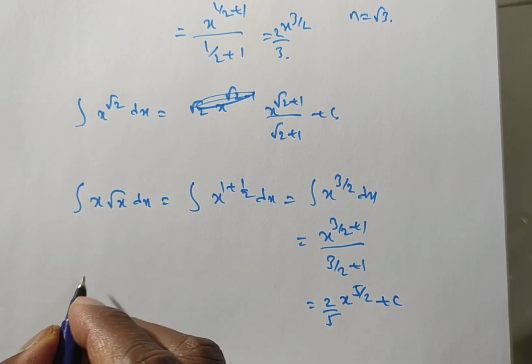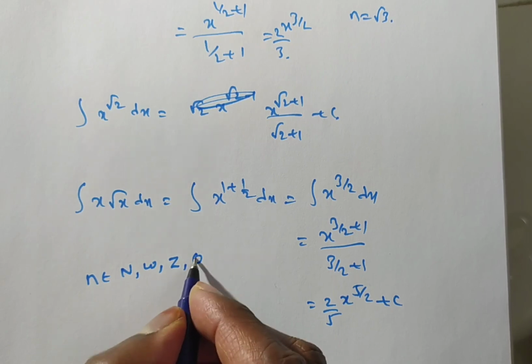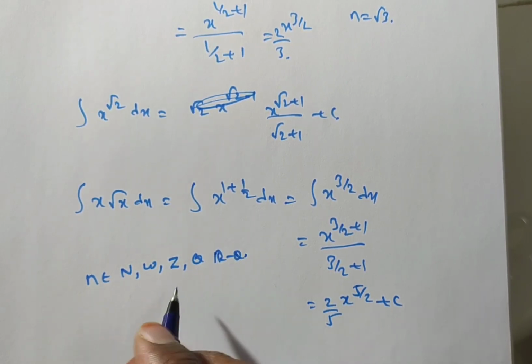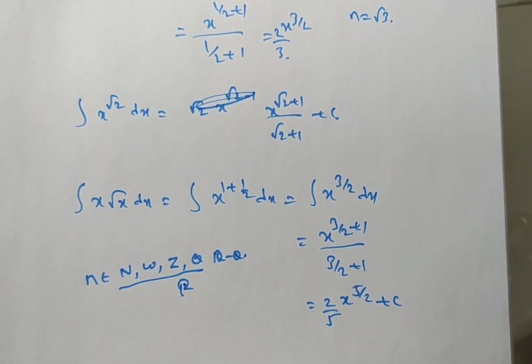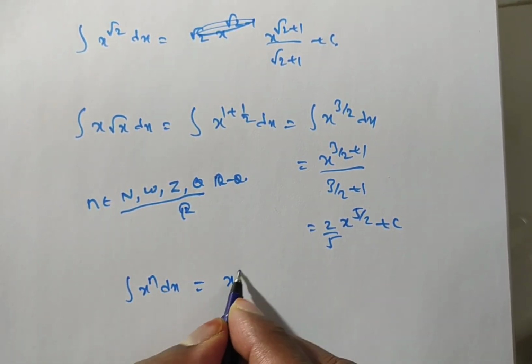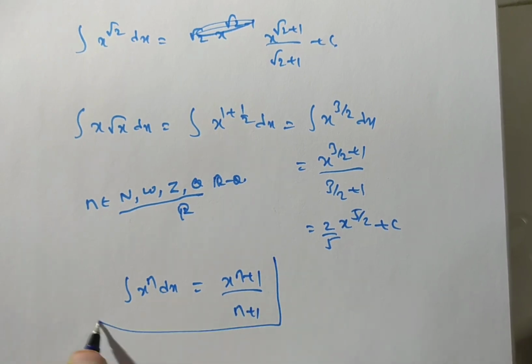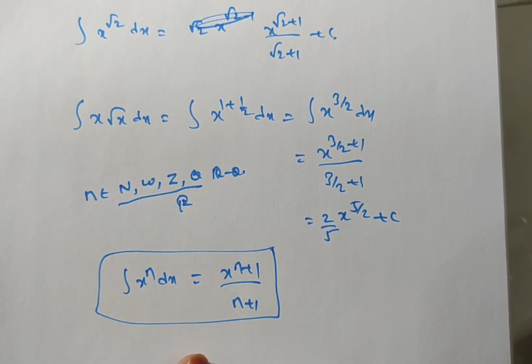So now we have discussed n belonging to natural numbers, whole numbers, integers and rational numbers. For irrational numbers also we discussed. The union of all these is nothing but the real numbers, right? So in this case we have done the standard form, that is the integral of x to the power of n dx is equal to x power n plus 1, divided by n plus 1. Now you see, standard form 1 we have done. So for any problem that is given, first we have to convert it into x to the power of n form. If it is not possible, then we will go for other standard forms. Right.